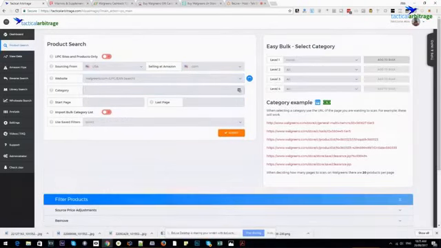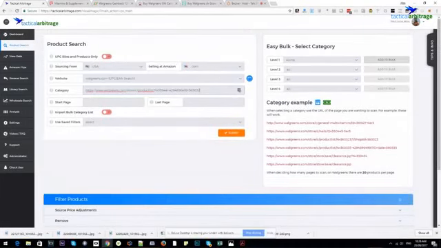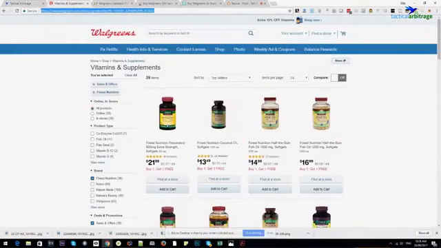I'm going to put the category in there. What is this? Easy bulk. We'll talk about that later. And I won't do anything else here. Now, there's lots of stuff I could do, and I will cover a lot of these settings afterwards. But just for this very basic search, I'm just going to select Walgreens, put that category page in there